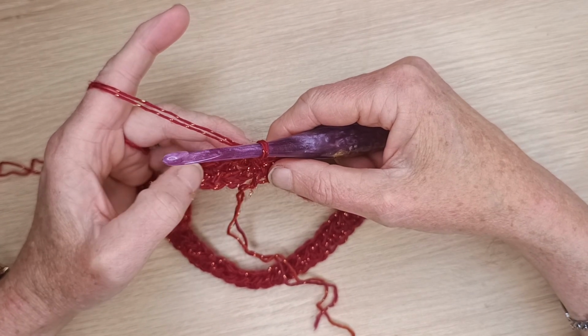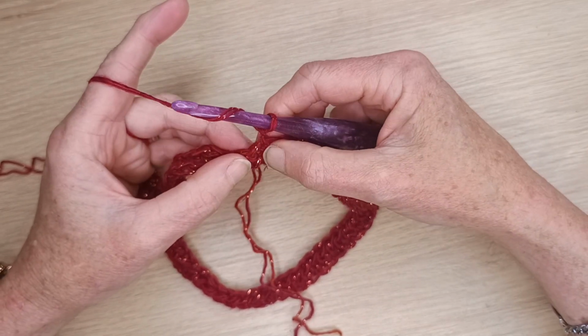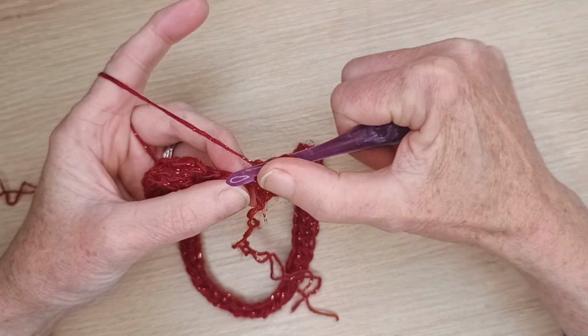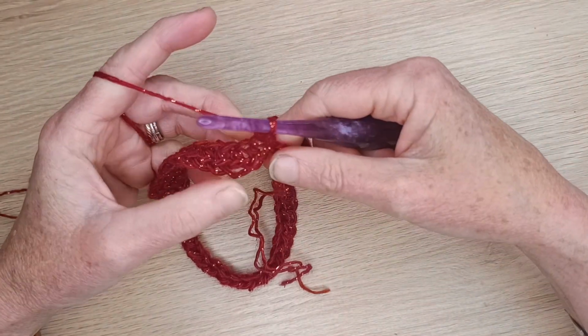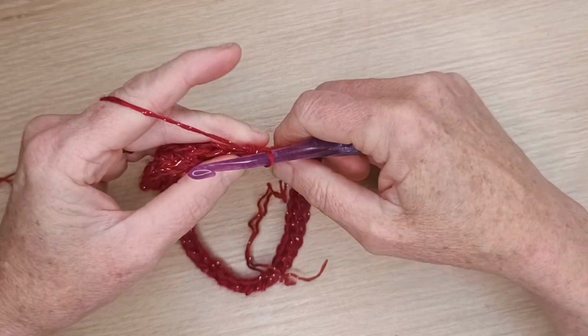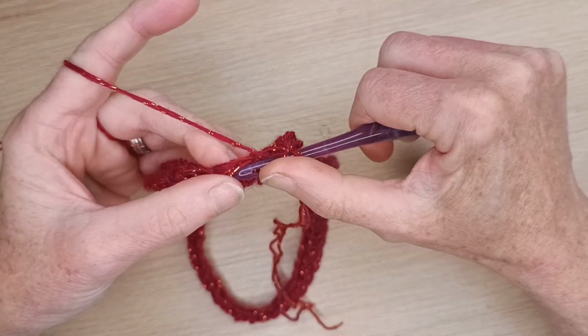So the next row is all half double crochet. So you're going into that first stitch just there. Yarn over straight into that first stitch. Grab your yarn, pull it through. Grab your yarn and pull through all 3 loops on the hook. And just keep repeating your half double crochets in each stitch